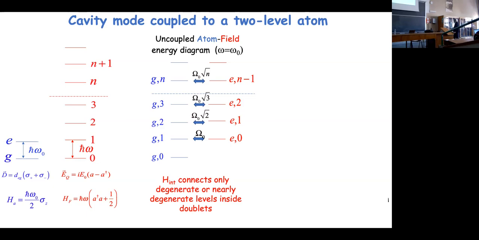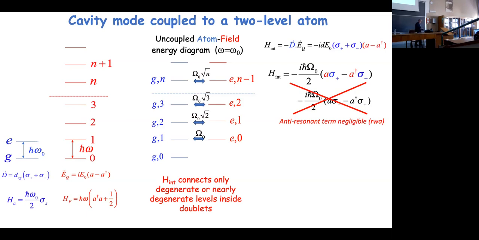And we will see the coupling. We describe the coupling very simply now on the right part of the slide. What we have seen classically is that the interaction between a dipole and the electric field is just the product of these two operators. So you have to take the product of